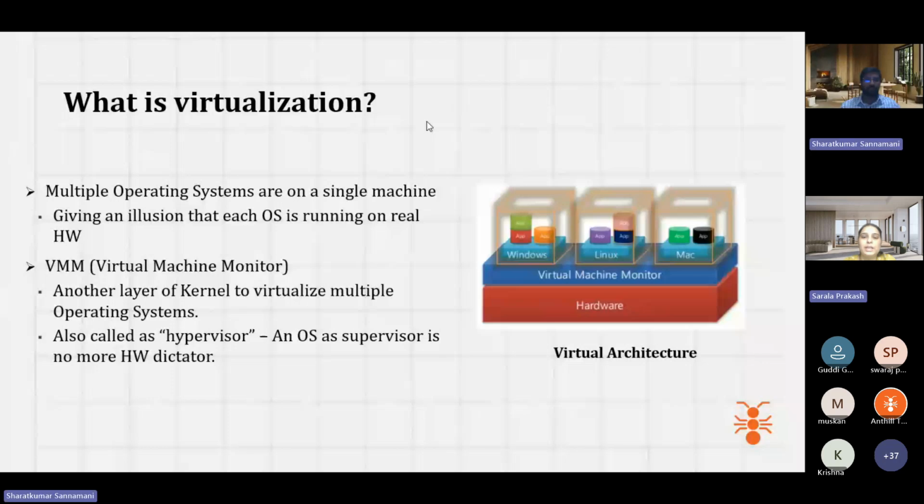There is a CrowdStrike issue that was going on. Because of that, Windows was down for some time, right? So if you're having only one physical hardware and you're running some important application over it, or you're developing something important where you cannot access Windows, what is the next option? You have to go for another operating system, right?